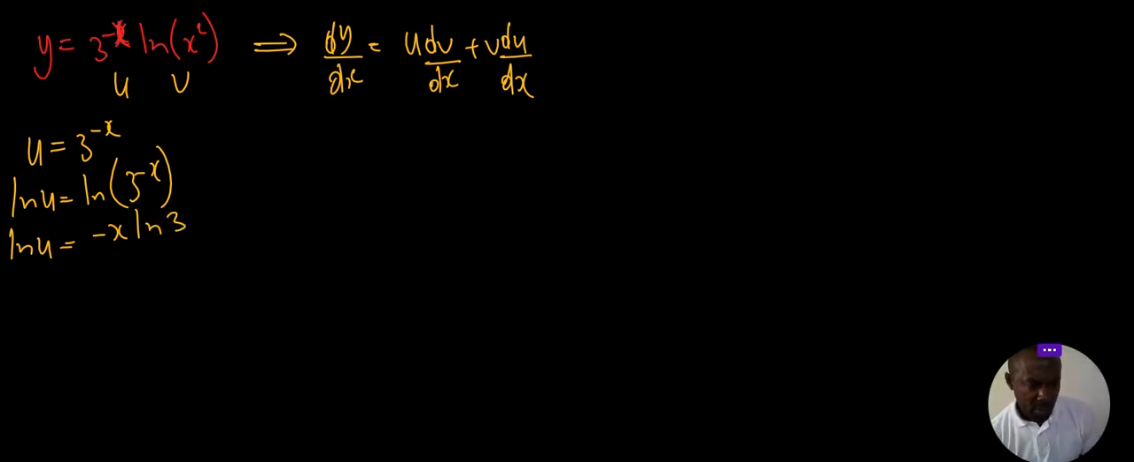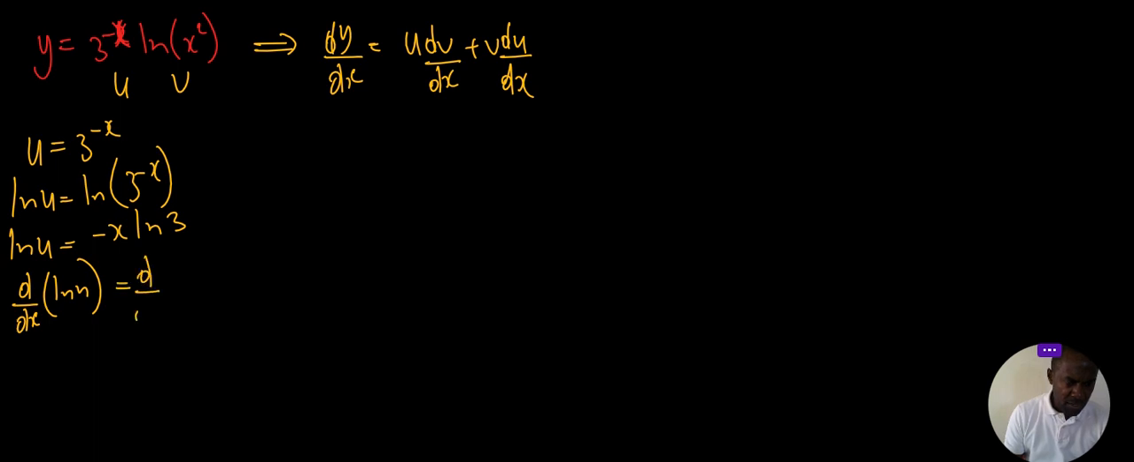Minus x ln 3. And then we're going to differentiate both sides with respect to x. So we're going to say d by dx of the natural log of u is equal to d by dx of minus x times the natural log of 3. Now, this is going to give us 1 over u du by dx, and this is going to give us